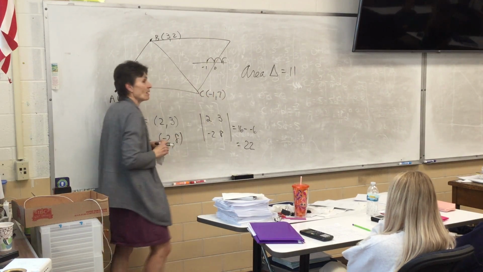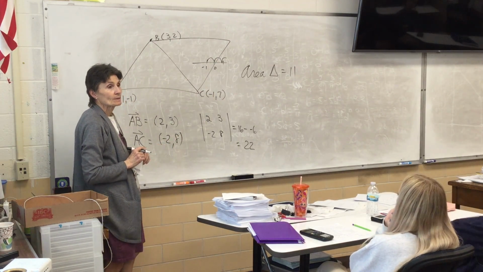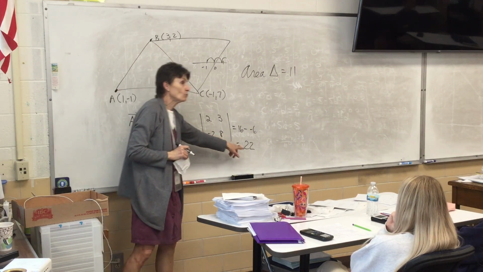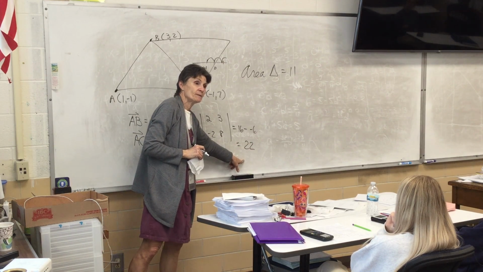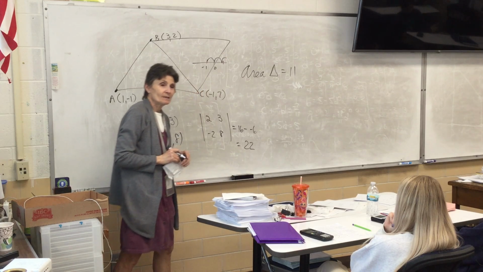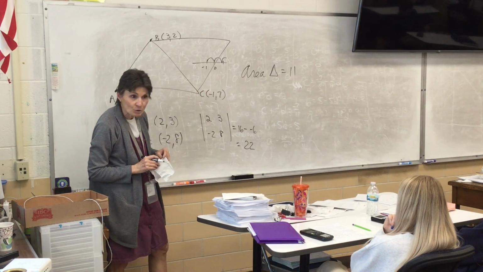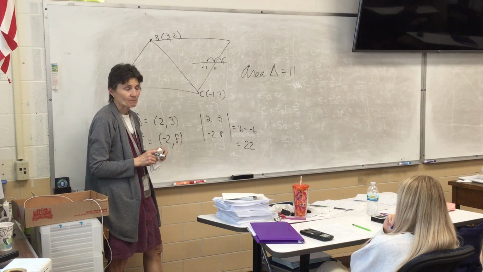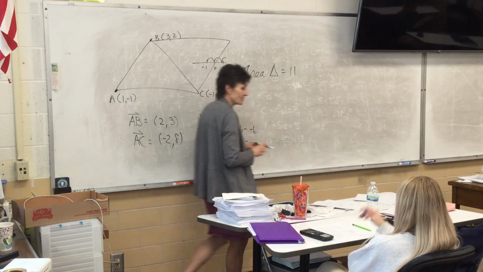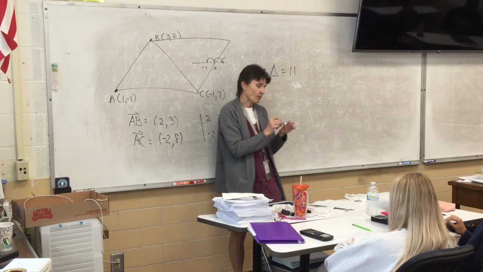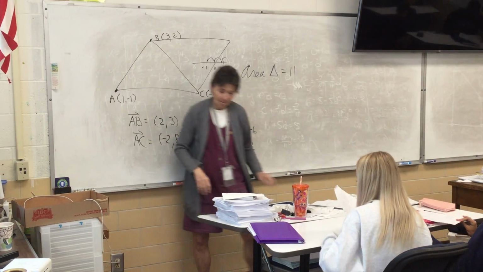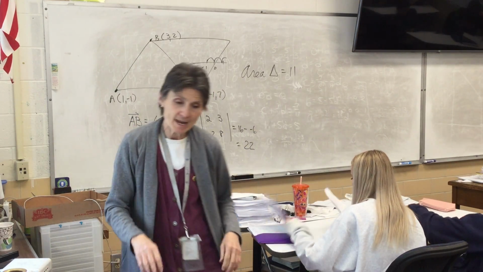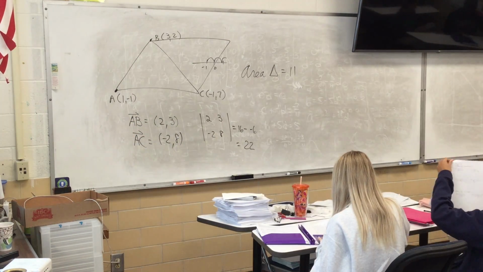Now, further blow your mind. If this had been a parallelogram, the area of the parallelogram would be 22. If you're doing the whole parallelogram, you don't divide by 2 because you want both triangles. Tell me you're not impressed with that. That is cool. Very, very cool. The most interesting thing is